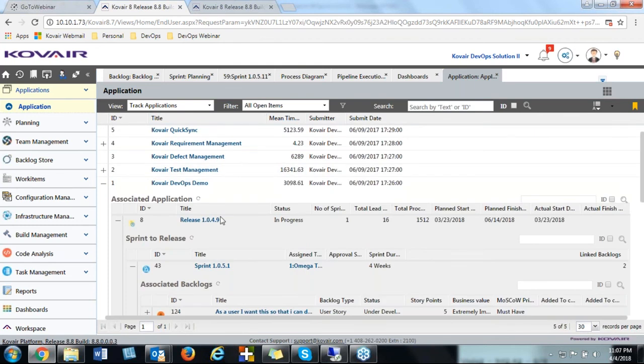You can define it at the release level, you can define it at the application level, you can define it at the backlog level to backtrace, like which is the sprint that this backlog is associated to, what's the release. On the other hand, what's the changeset being checked in for implementing this particular user story and all. So you can have multiple traceability views defined at multiple levels.